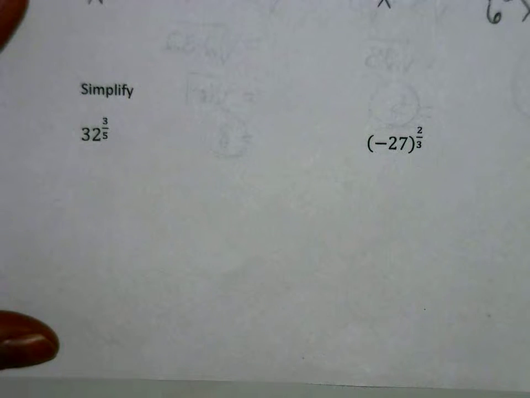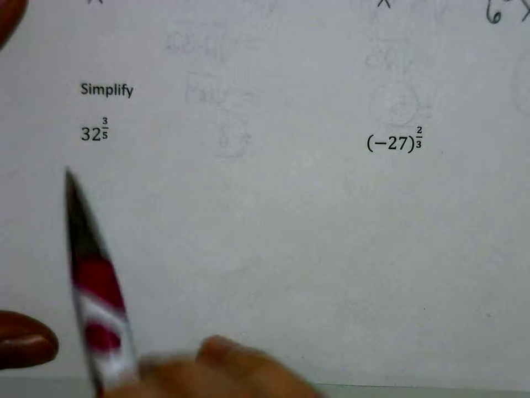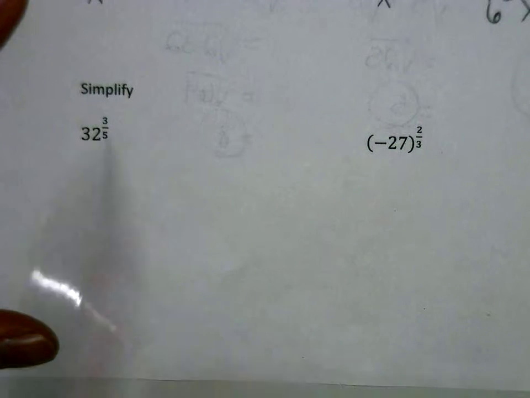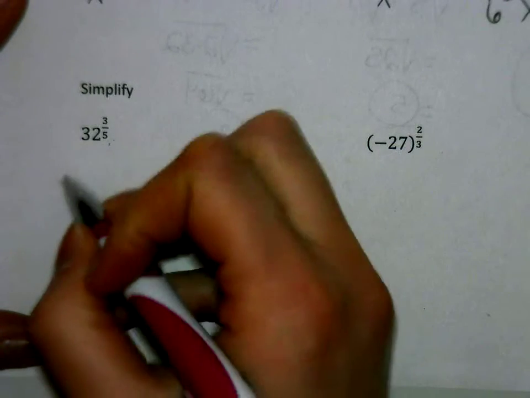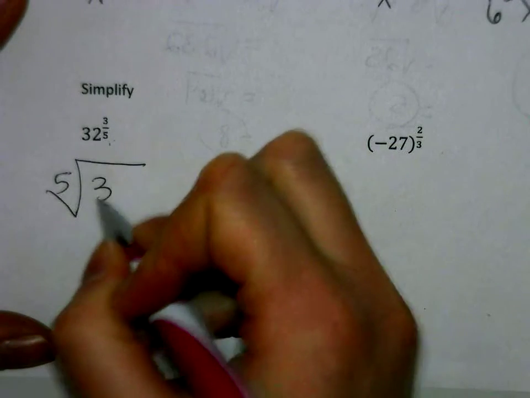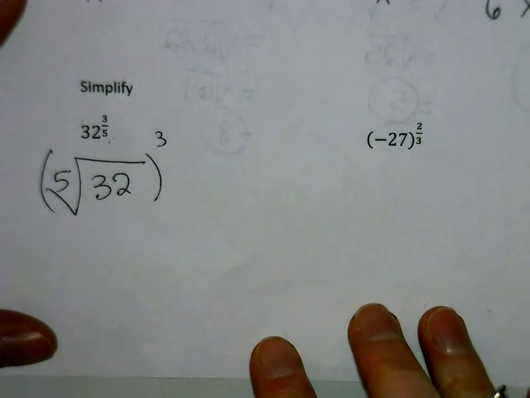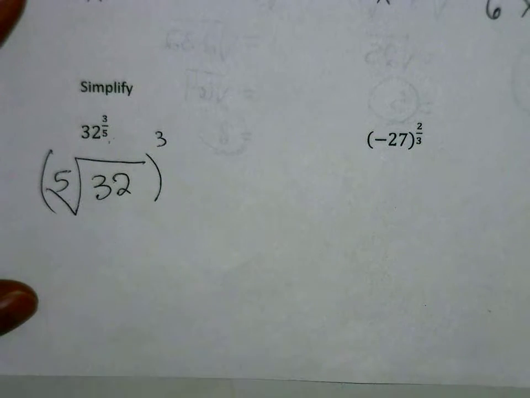Radical exponents. From what we learned the day before, we have 32 to the 3/5. We know we are working with a fifth root of 32 to the third power. So from here, what we can do is simplify the fifth root of 32